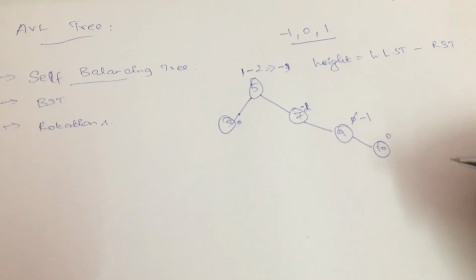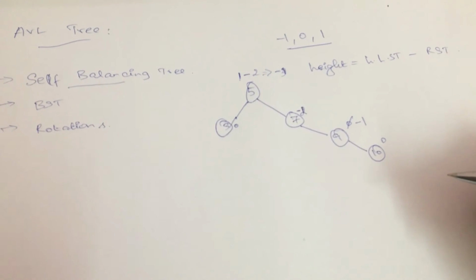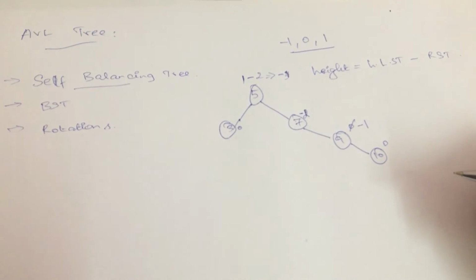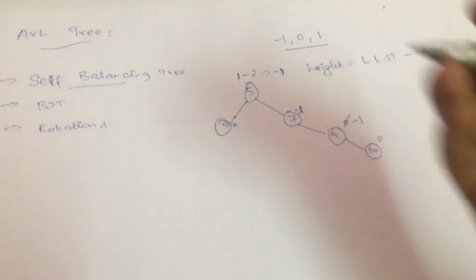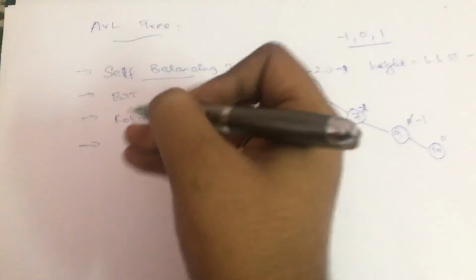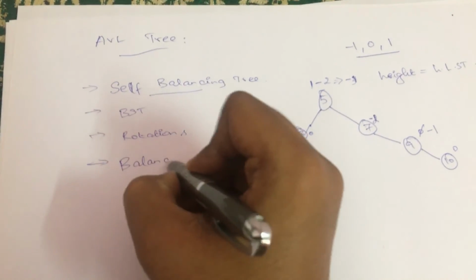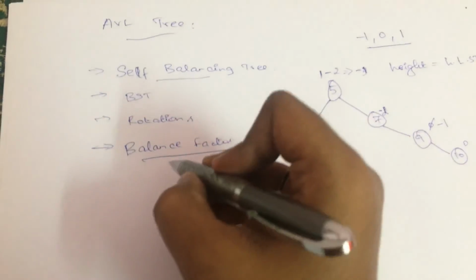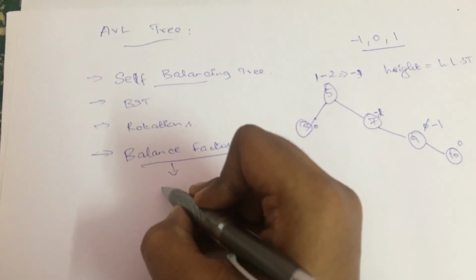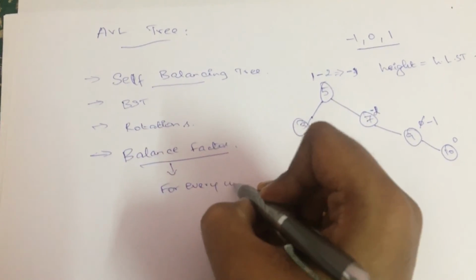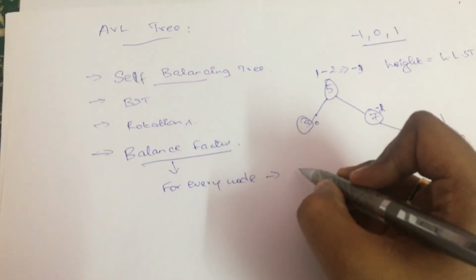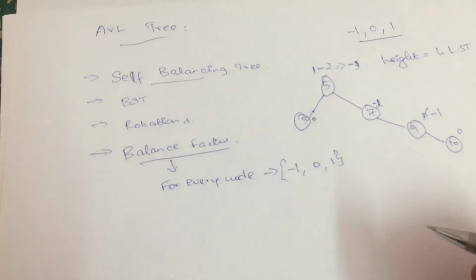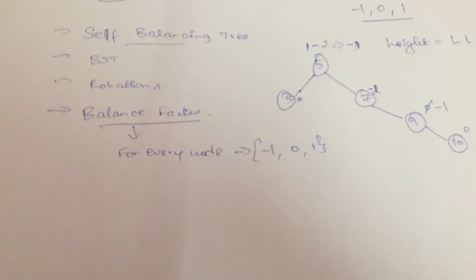So now I just want to rotate the entire tree so that it looks balanced. Here we can go with multiple rotation types. So let's see what all the rotations possible in an AVL tree are. Before that, we need to know something about the balance factor, which we have discussed already. According to the balance factor, for every node, the height has to be calculated, and it can be either minus 1 or 0 or 1. Other than these three values, it should not be any other value. That is what we consider as the balance factor.